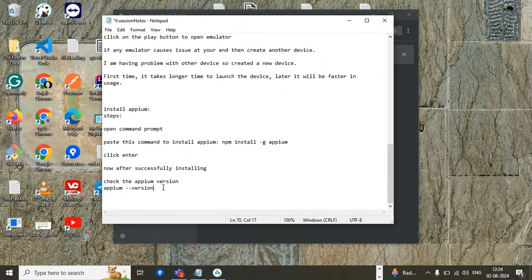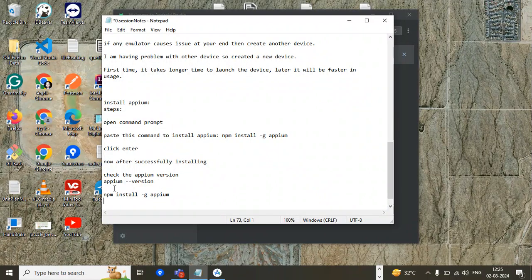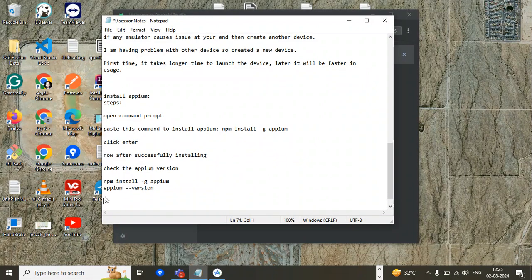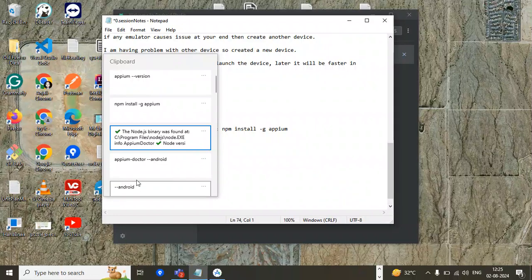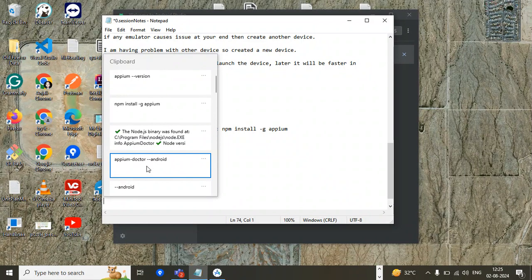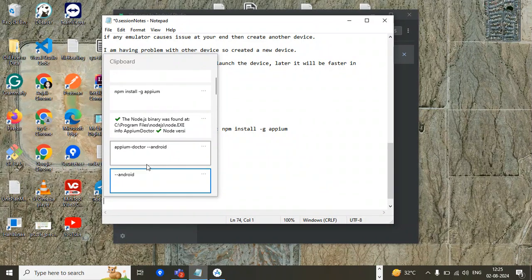So, the first command that we have used is this one. And then we have checked the APM version. Then we have added the APM Doctor.